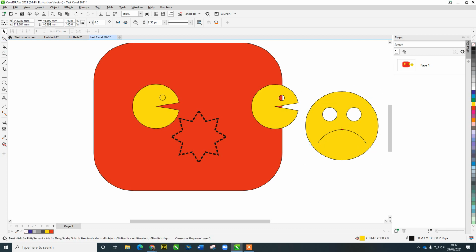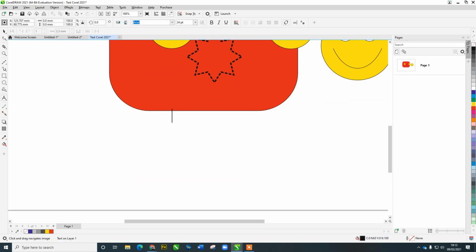Right, so what else we got here? Let's go text tools. So text tools are great. You can click down and start typing straight away. So don't drag a box, just click down and start typing. Hello, this is CorelDRAW